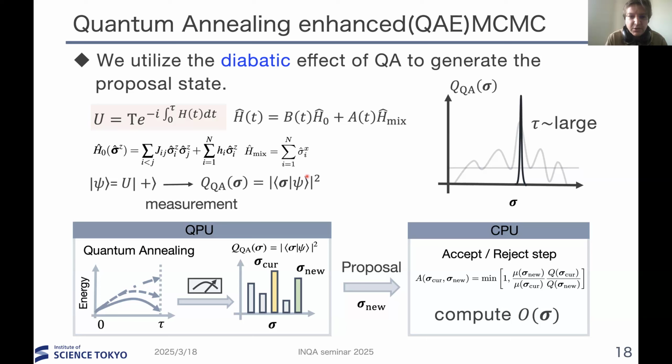But in the formula that you write here in the bottom right, in the acceptance probability, what value of Q do you use? You need to know Q, right? Where do you get those two values, the value of Q for the current sigma and the value of Q for the new one? In the small size system, we simulate the quantum dynamics. This is the ideal case for the small size system. For large size systems, we cannot obtain this probability function, so we have to approximate this function by using, for example, a neural network quantum state or